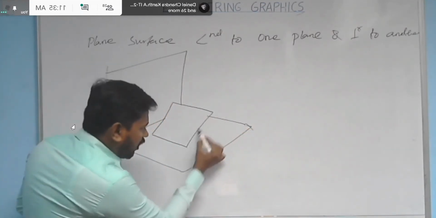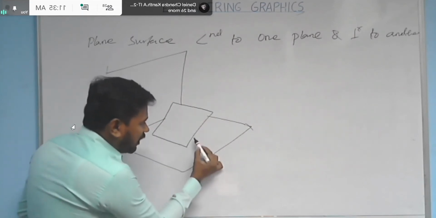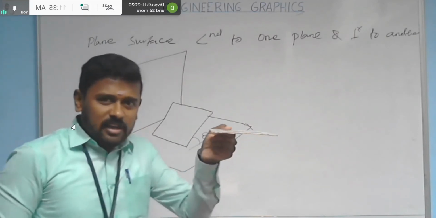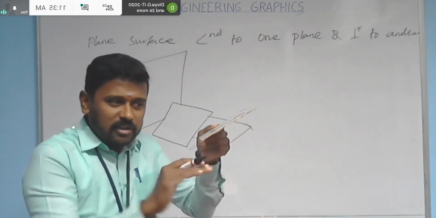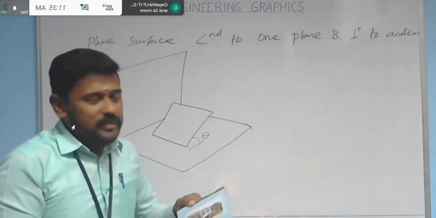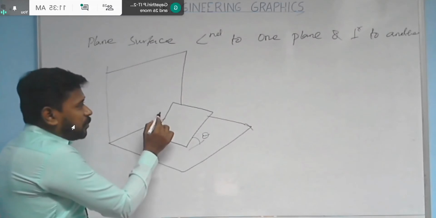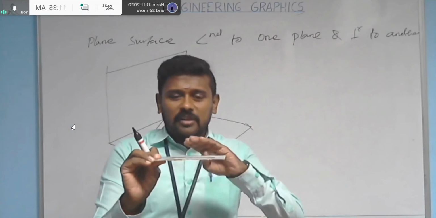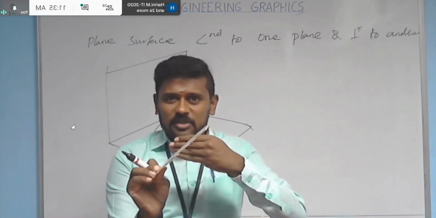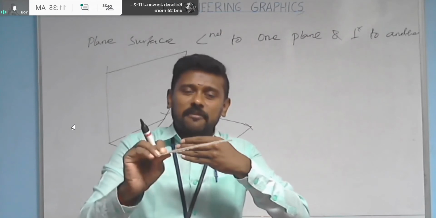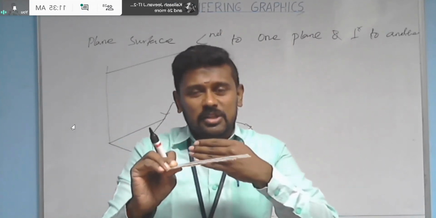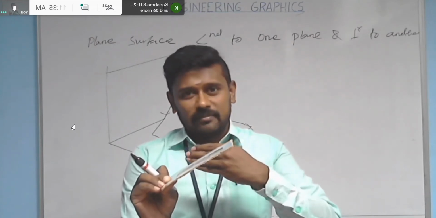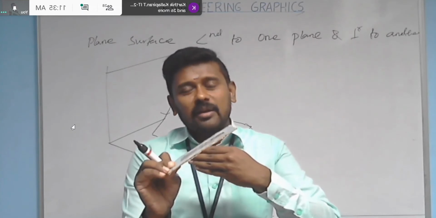The surface of the object, the square plane, is making some angle with the horizontal plane, because it is not parallel, it is having some angle between the horizontal plane and the surface plane, but without disturbing the perpendicularity with the VP. Now I am not disturbing the perpendicularity of the object with the vertical plane, still it is perpendicular to VP only, but instead of being parallel to HP, it is now inclined to HP, without changing its condition with respect to VP. Still it is perpendicular to VP and inclined to HP.